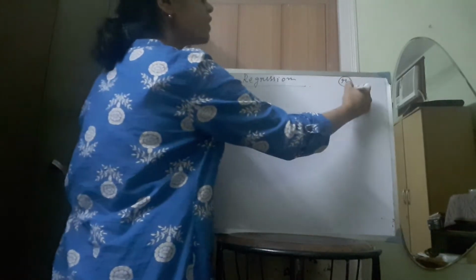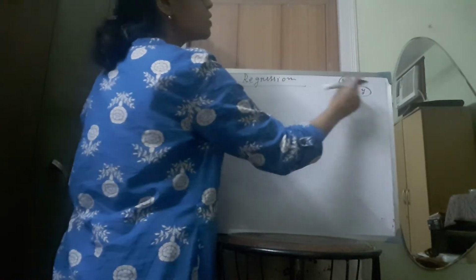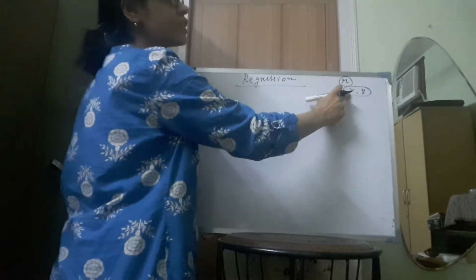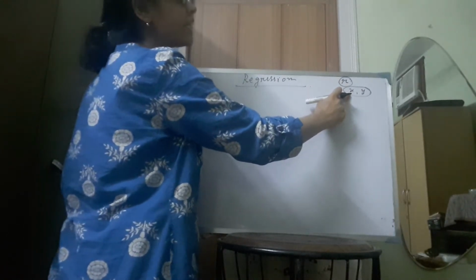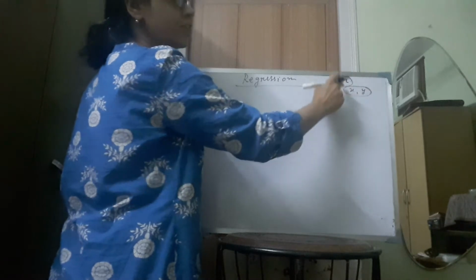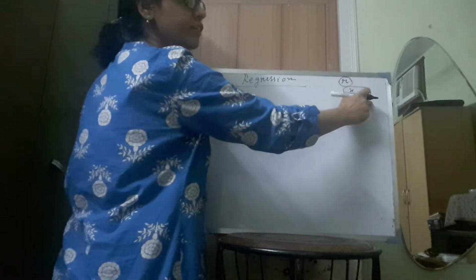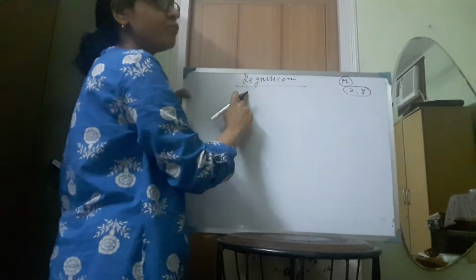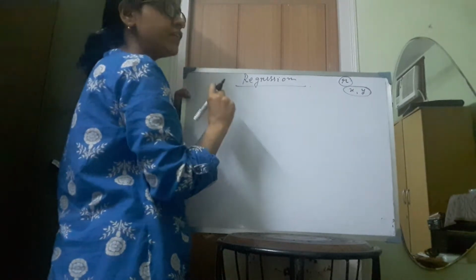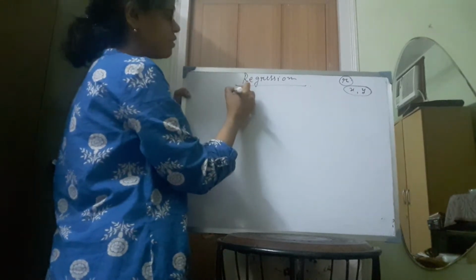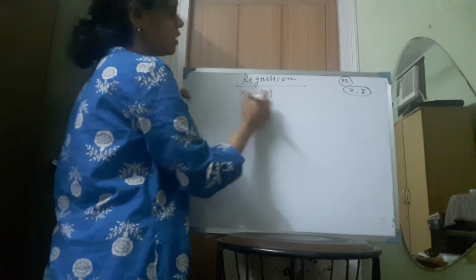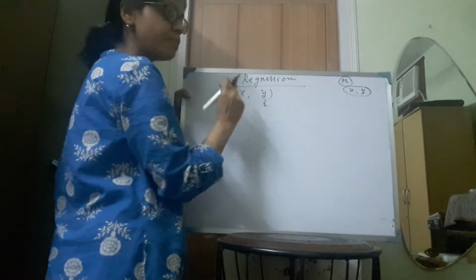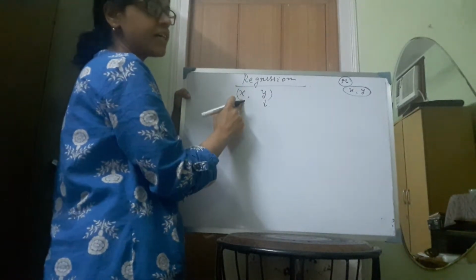If we have two variables x and y, then the correlation coefficient represents the association between x and y. It can have an effect on y, it can have an effect on x. So here we are considering a both-way relationship. But in regression we are considering a one-way relationship. Suppose we have two variables x and y. Now one variable acts as the dependent variable, the other acts as an independent variable.